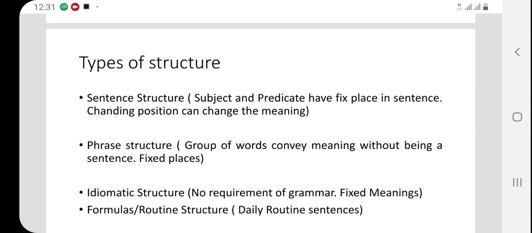Then we have types of structure. We have sentence structure, a simple sentence structure that all of us know, that is subject, verb and object, the simple English sentence structure. But here we will use subject and predicate. They are fixed in a sentence because the subject has to qualify for the rest of the sentence. Like